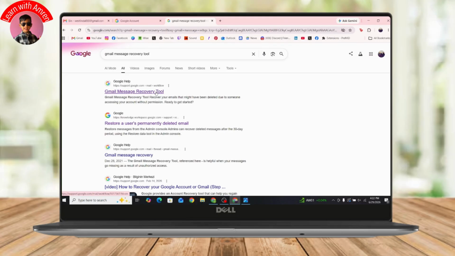Here's an important reality check. If you manually emptied your trash or it's been more than roughly 30 days since deletion, then those emails are usually gone for good on your personal Gmail account. The message recovery tool has limited availability and only works if the data is still present on the Google system. There is no reliable way to promise recovery months or years later, and any service claiming guaranteed results in those scenarios is not